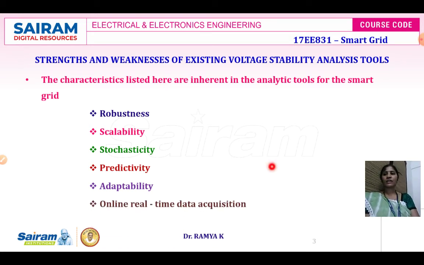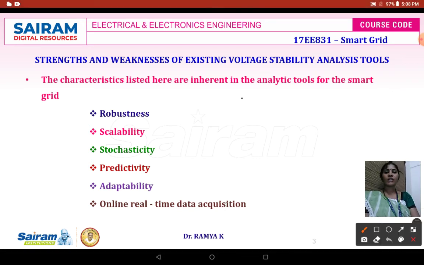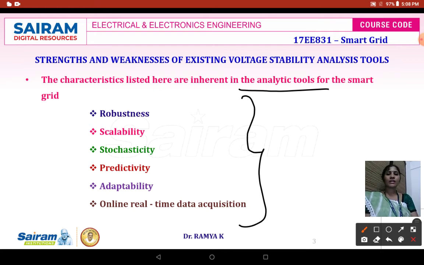Next is online real-time data acquisition. Online real-time data acquisition is required in order to make the algorithm. Suppose if I wanted to write a grid disturbance algorithm, or if I wanted to write an algorithm to study the impact of PV and the impact of load on EV, so all those things, I need real-time data that has to be saved at the back end, that is the data system operator, and the same can be utilized. Years of data can be utilized to write the algorithm in the right manner. So these are all the characteristics that are available with the present analytical tool that is connected with the present smart grid.